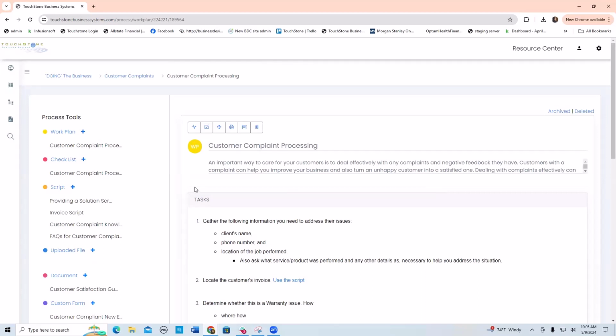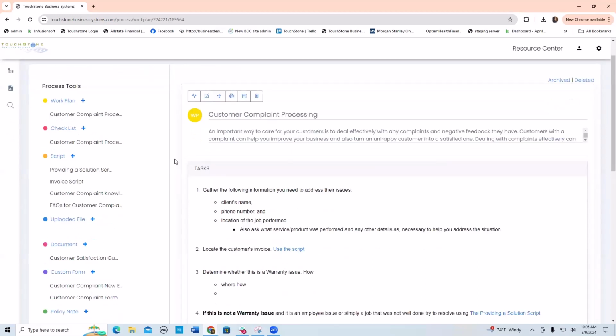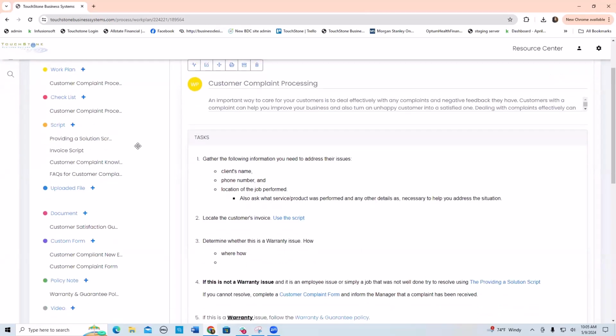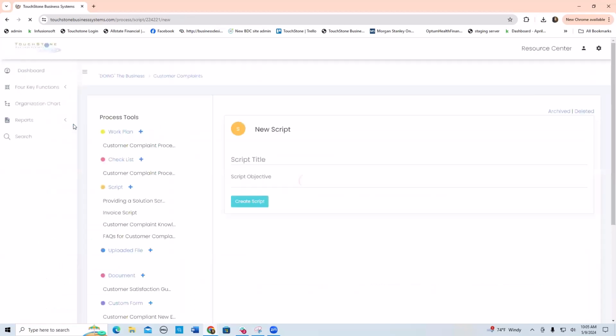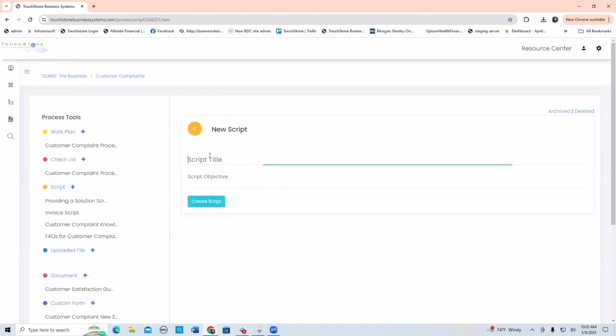Okay, so let's talk about scripts next. So firstly, to build a script, it's the same as a work plan and a checklist. All the tools work the same way. If you want to build something new, you click the plus sign, then you're going to be prompted for your